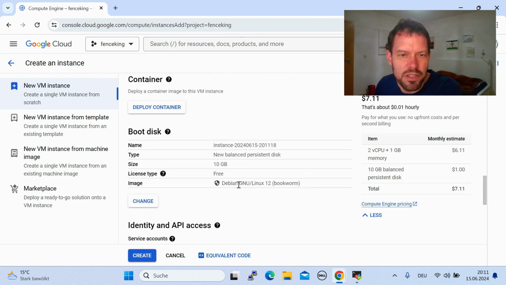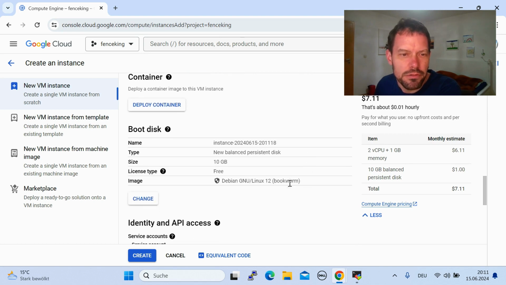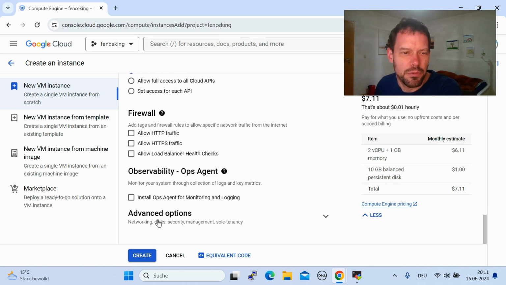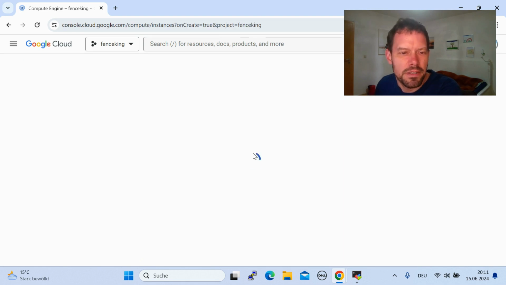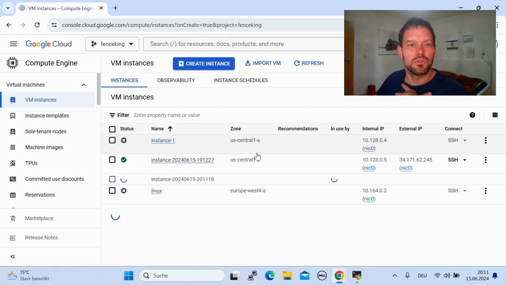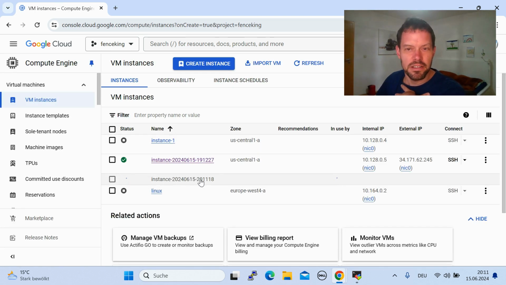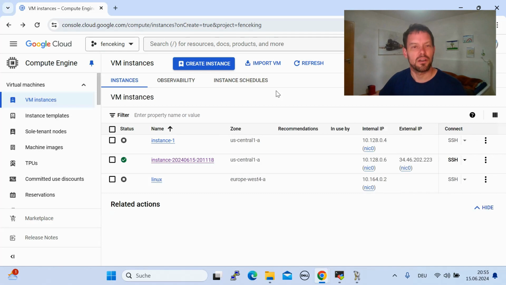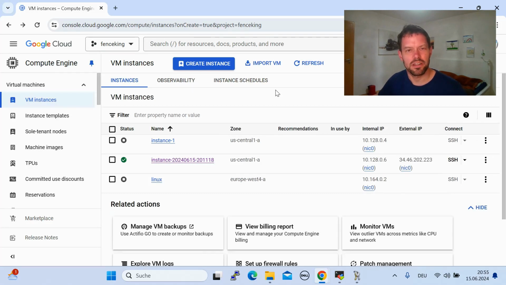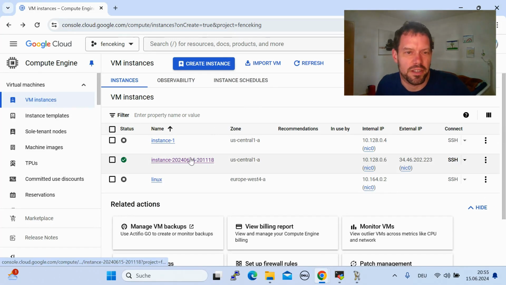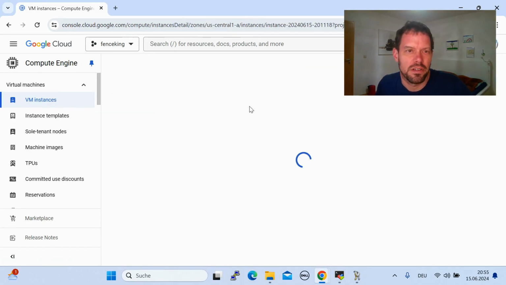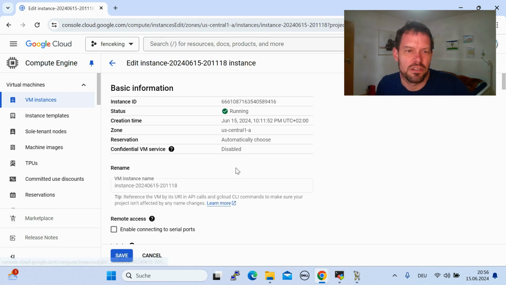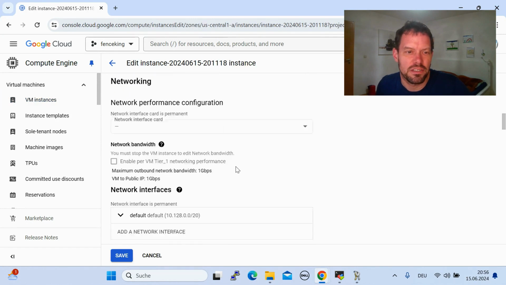We see that we will be installing a Debian GNU Linux 12. And this is enough, I would say. Let's click on Create. And soon we will see the instance running here and we'll see an external IP address being displayed here. Now the instance is running and you want to tell it, hey, please accept the identity that I have just created with MobaXTerm. So you click on it, click on Edit, search for SSH keys,